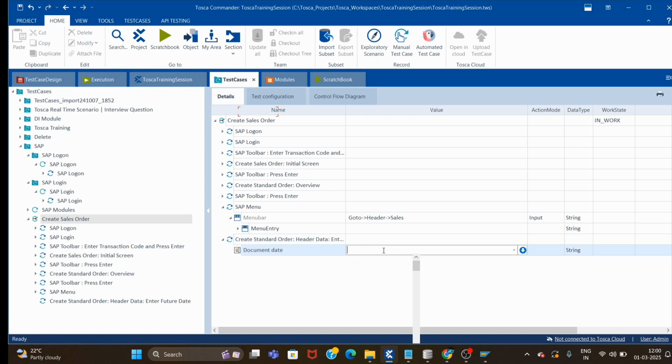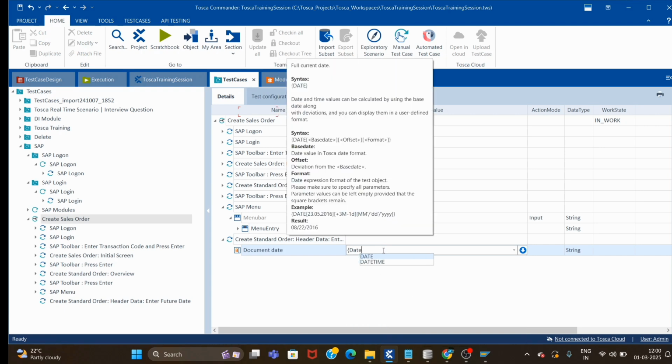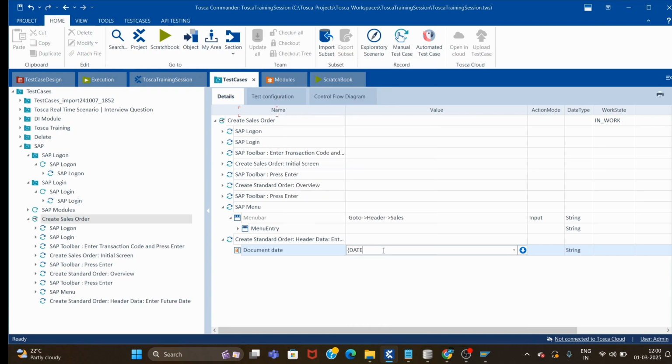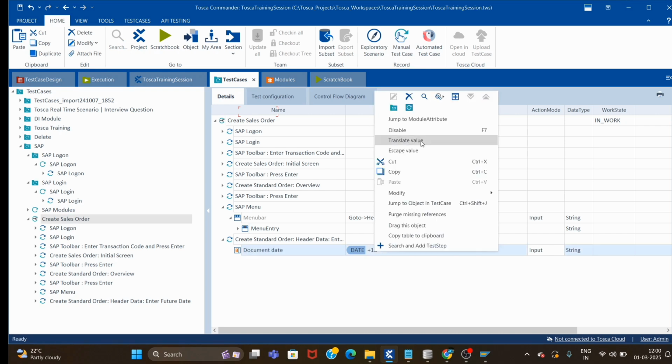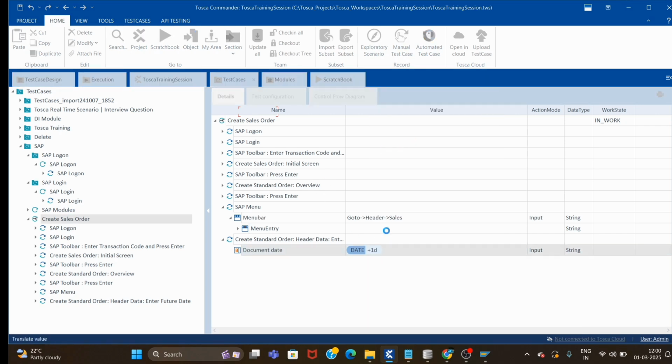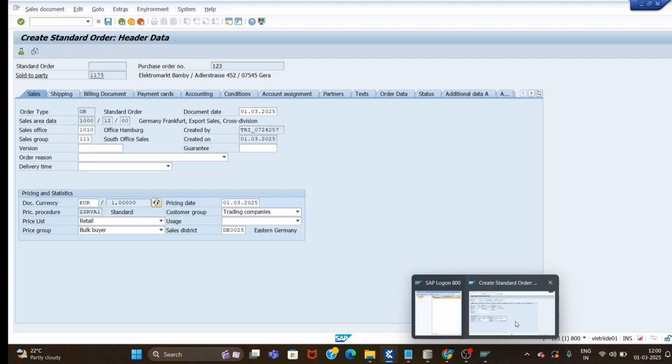So instead of hard code, we'll use date function here, and we'll just give plus 1 day from the base date. Okay, you can give 1 day, 2 day. Okay, and let's translate and see. It's giving tomorrow's date. Okay,